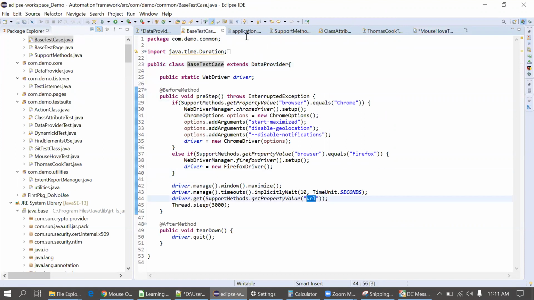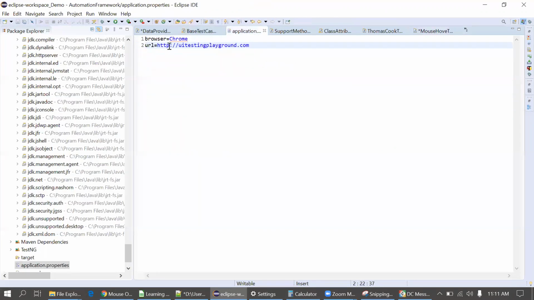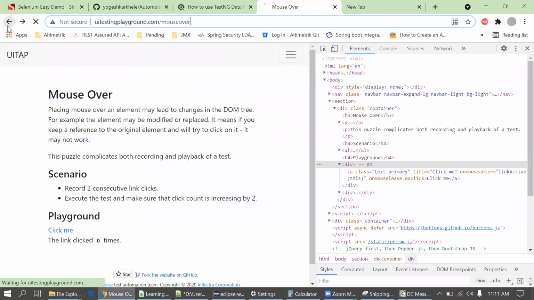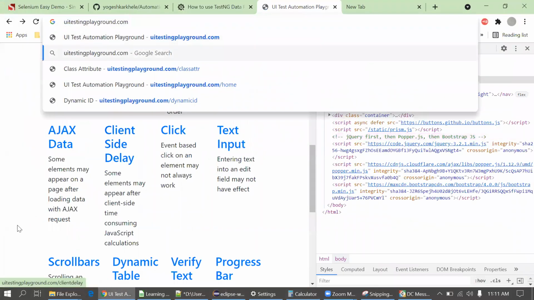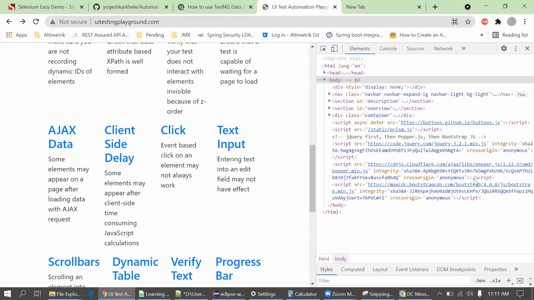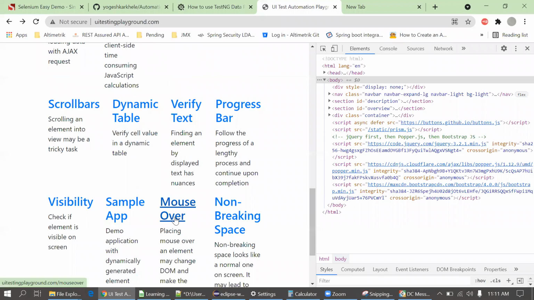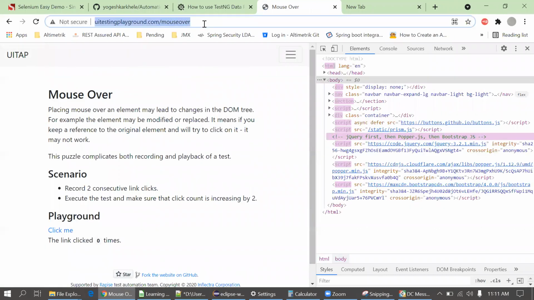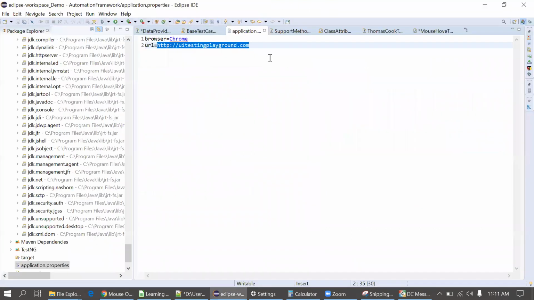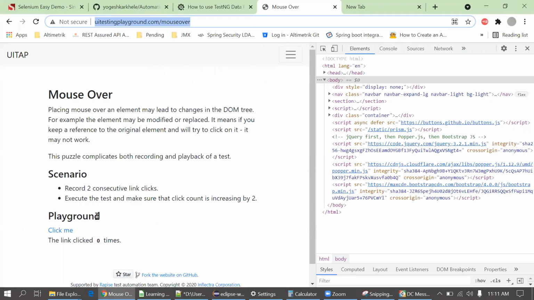Which URL? This. So this is a base URL. I have to click on the mouse over in the UI first. We can give that URL directly. Yeah, that's fine. I'll just provide this URL directly. That's perfectly fine. So I'll create a locator for this.